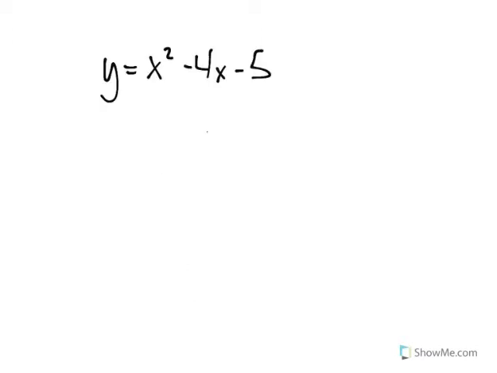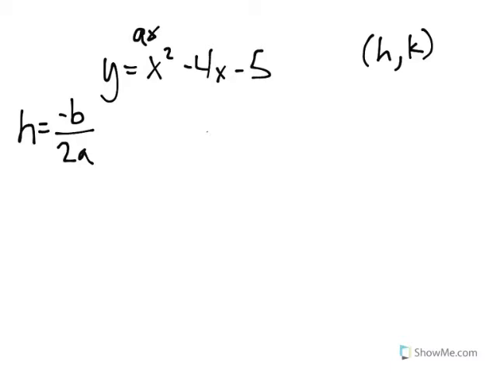For the first example, I'm going to use the equation y equals x squared minus 4x minus 5. The first thing that I'm going to do is find the vertex. In order to find the vertex, I'm going to use the formula h equals negative b divided by 2a. The h that I'm talking about here comes from the vertex point being called (h, k), and the b and a come from standard form of y equals ax squared